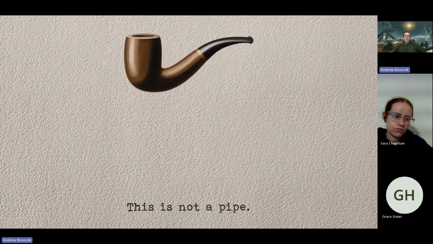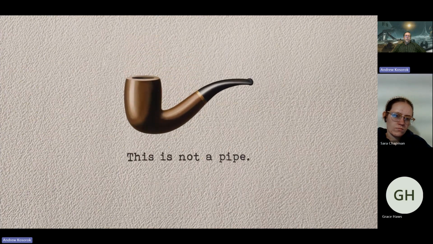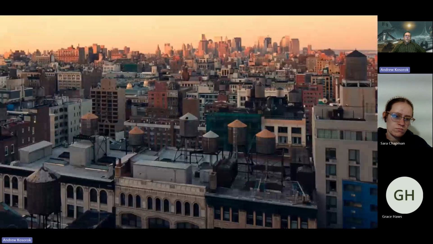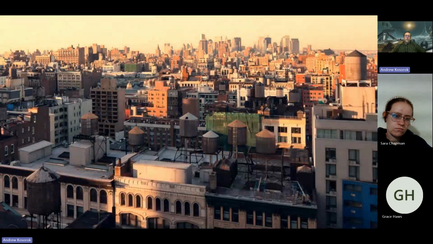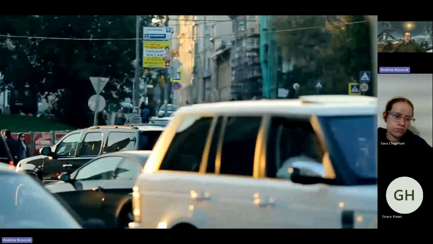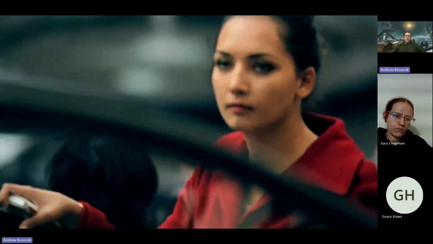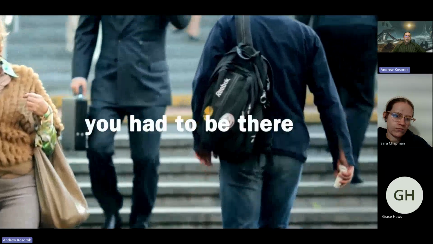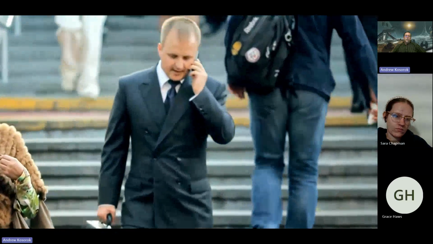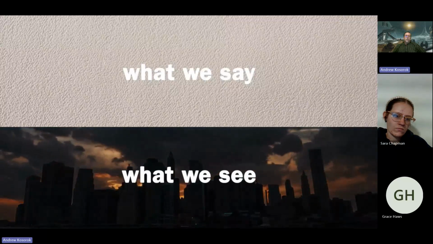How do we know that the word "this" points upward? Of course, we don't know. But the pronoun, the resemblance, and the name all make that connection inevitable. And it's that inevitability that's made real in every aspect of our lives. We go about our days confident that everything we see could be said and that the images we say could be seen. But if you've ever used the phrase, "you had to be there," you know that these are two realities that do not overlap in the way we act like they do.